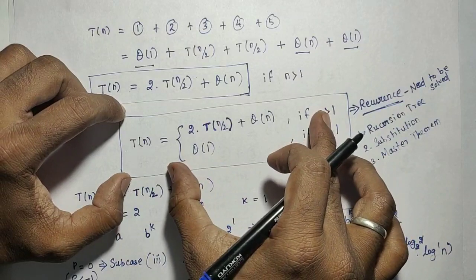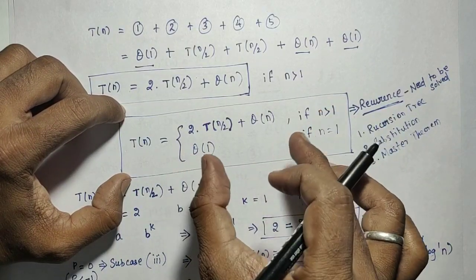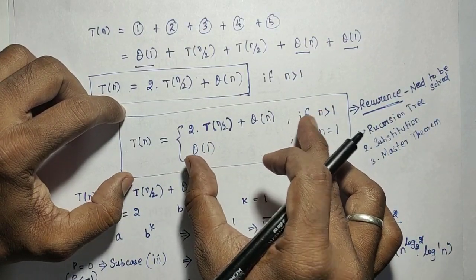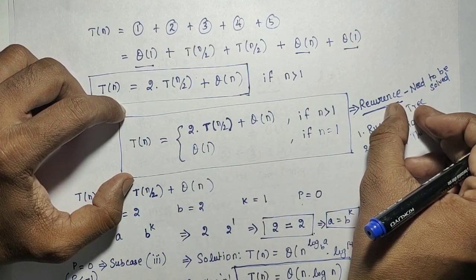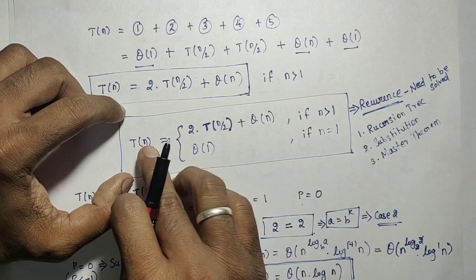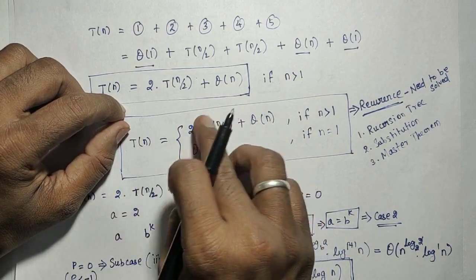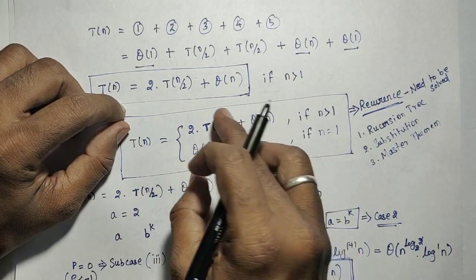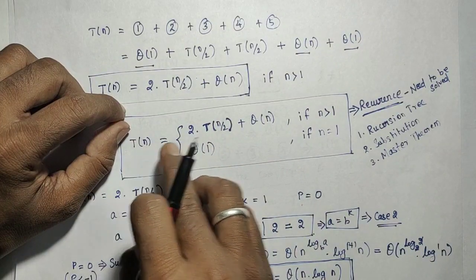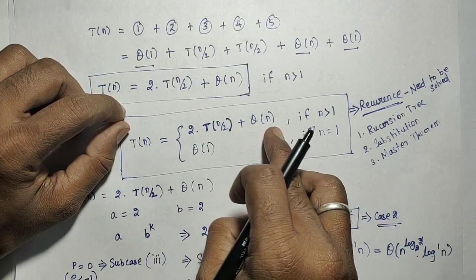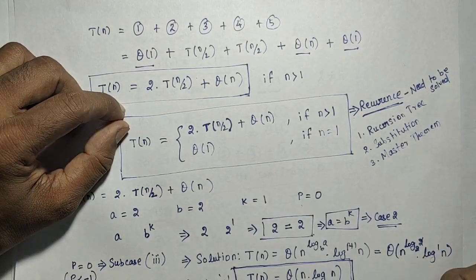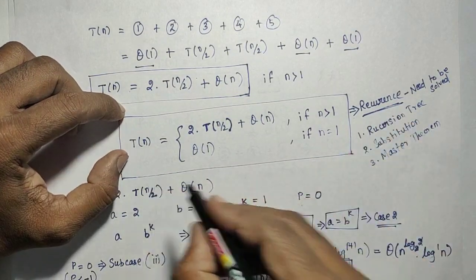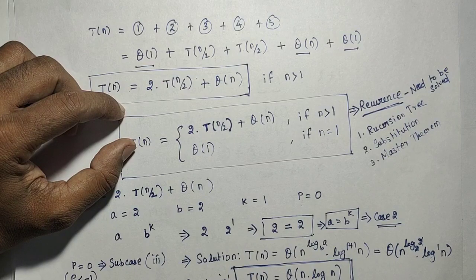This kind of expression we will finally get for any recursive algorithm. That expression is usually called a recurrence. Recurrence means it contains an unknown solution, that is, an unknown complexity. So T of n equals T of n by 2 plus theta of n. This is not the final complexity. Here T of n by 2 I have to determine. So that is why it is called the recurrence.